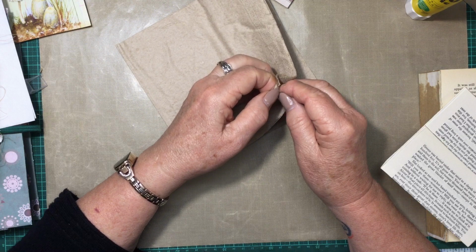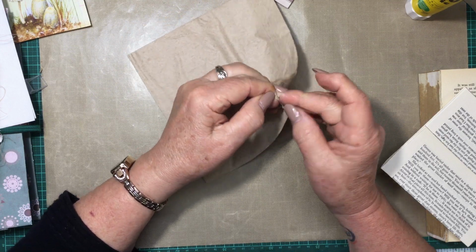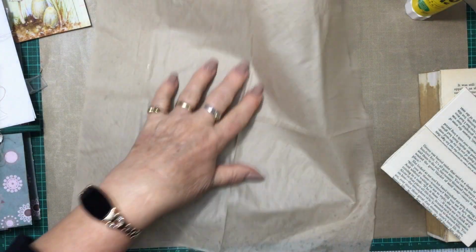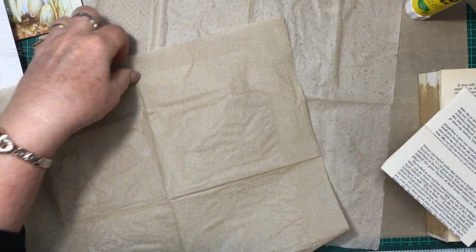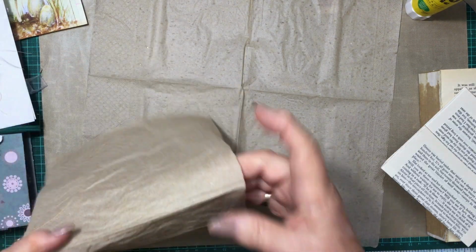There's lots of ways of getting your napkins apart. I do just like that. You can use your tape and just sort of dab it and they will come away. This is a 3-ply one, and it's the one I used for the other